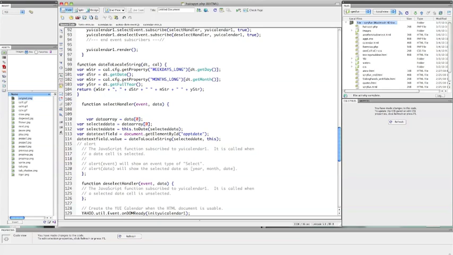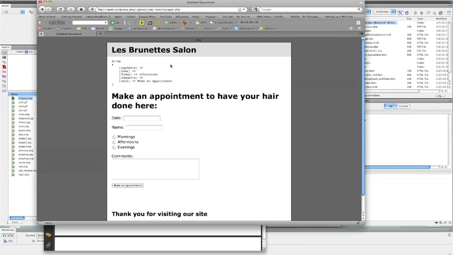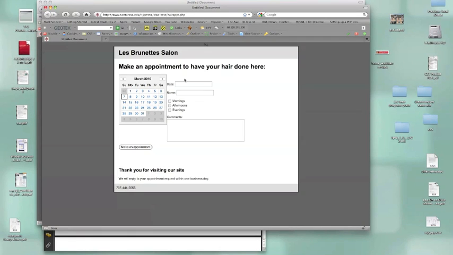So the best way to see this work is to go back into Firefox to preview it. And if I go and manipulate the date, you can see I have a working date. By clicking on this button, which we know all it really returns is a string of year, month, day, I am then able to turn that into a date, determine what the day of the week is, and turn that back into a string, which I can then put onto the form, which can then be submitted with better value information on it. So a couple of more things I can do just